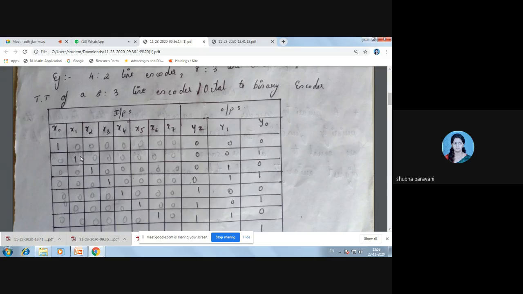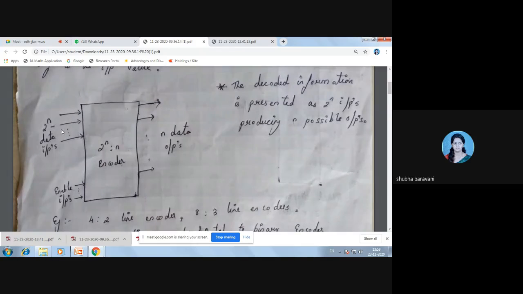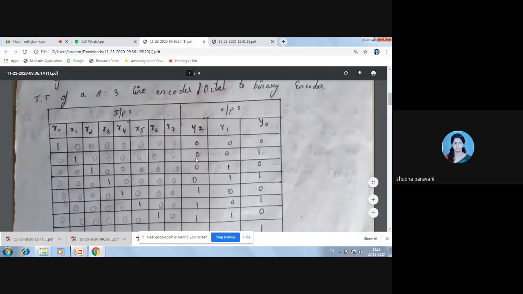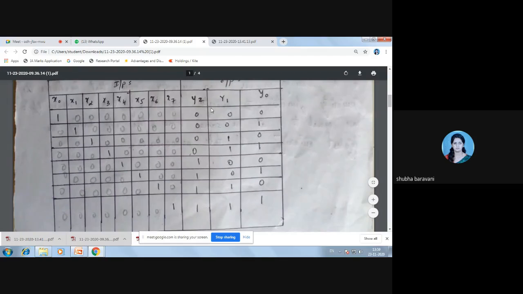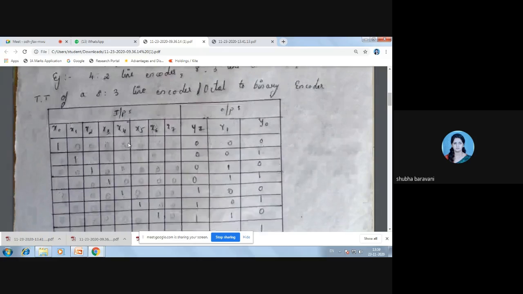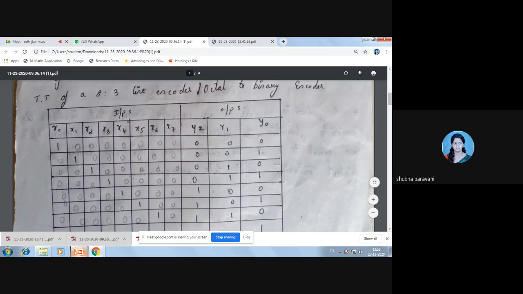If your input x1 is 1, then your output would be 0 0 1. If your x2 is 1, your output would be 0 1 0. Right? Any problem in interpreting this truth table? Is there any problem in interpreting this truth table? Ma'am, explain once again. Okay, right. Now see here,